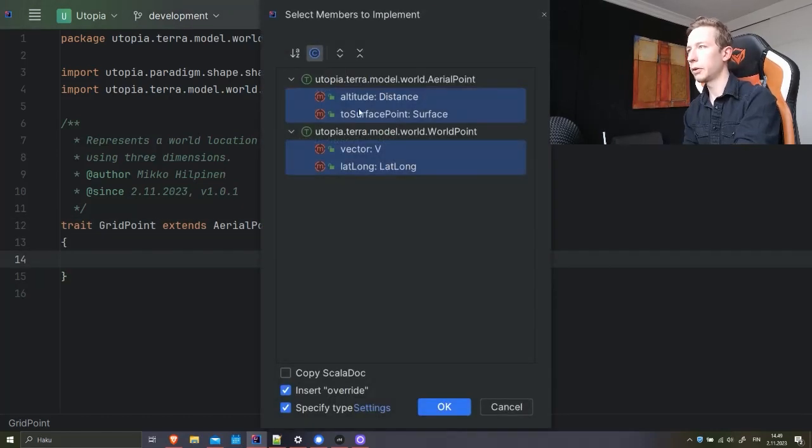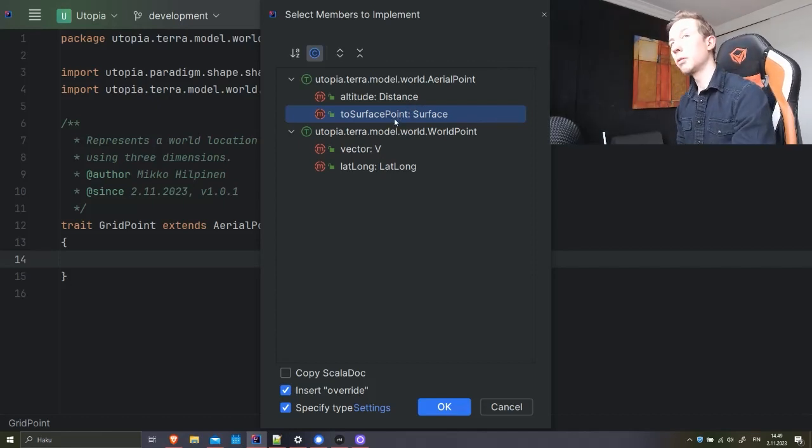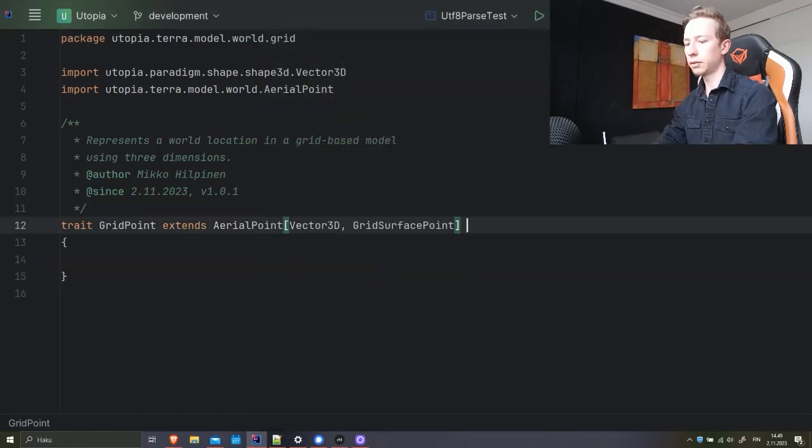Let's see what we have here. Altitude, surface point. This one I think we can maybe make. Well, let's not yet do that. Vector, not lat_long. Yeah, we probably don't want to implement any of those, but we want the same